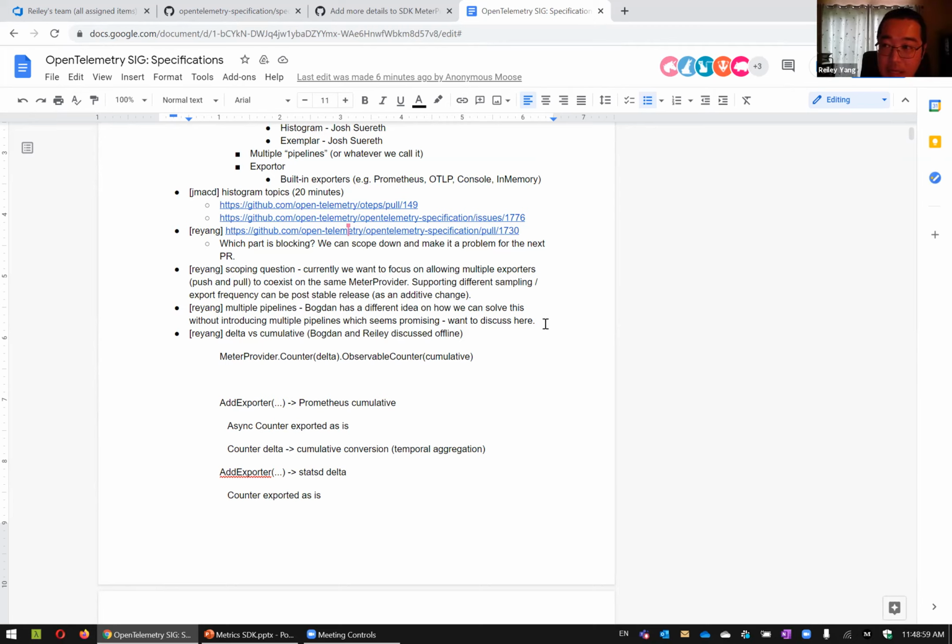Yeah, so for the pipeline, I think there's a way that we can share the state and all the exporters will share the state, and the state will be able to report whether it's cumulative or delta based on the highest frequency among all the exporters. So imagine you have exporter based on a preference of the exporters. Yeah. So there's this extra hook in my prototype that says before I know how to set up my processor, I have to ask whether the output's going to be delta or cumulative, and then the exporter gets to say what it wants, and then that sets up. Yeah. So it unfortunately means that the processor depends on the exporter to know what type of processing to do.